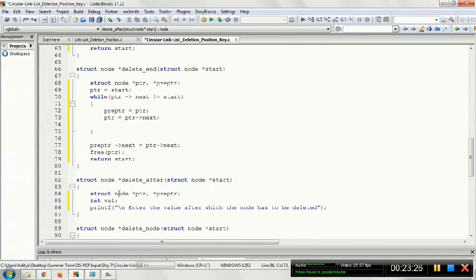So that is the case. Now we have taken two temporary pointers PTR and pre-PTR, along with taken a value. We'll take the value from the user, that after this value you want to delete a node. Okay, scanf, take the value from the user.